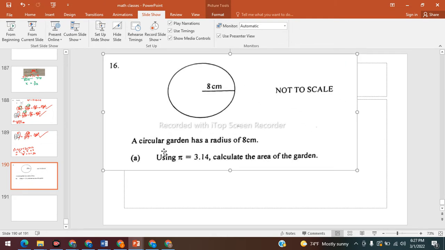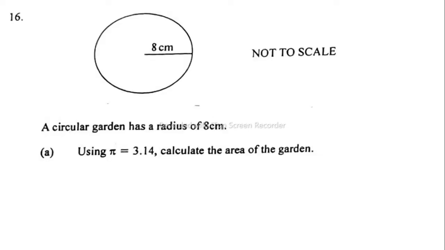So we're gonna use area of a circle. Why are we gonna use area of a circle? Because we're finding the area of a circular garden. Very good. It's a circular garden. So it says a circular garden. I mean, how much more clear could they be? The garden is a circle, okay? That's what they're trying to say.